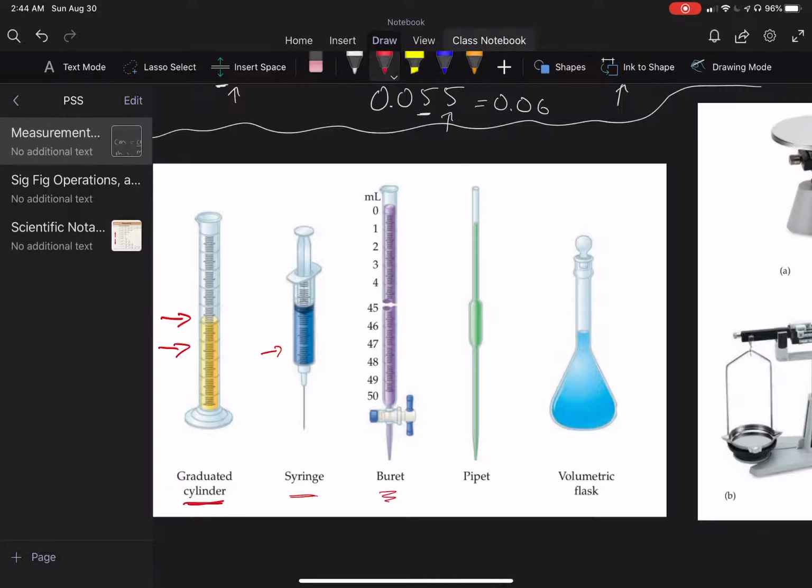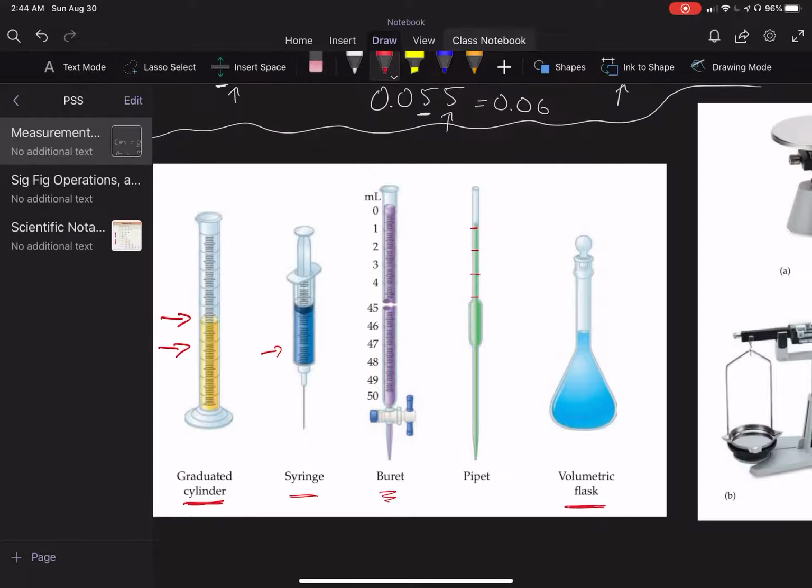A pipette can be very precise. Sometimes they might have only one marking up here, sometimes they might have just a few. It kind of depends on the pipette. And then the volumetric flask. The interesting thing about a volumetric flask is it's very, very precise, but only for a